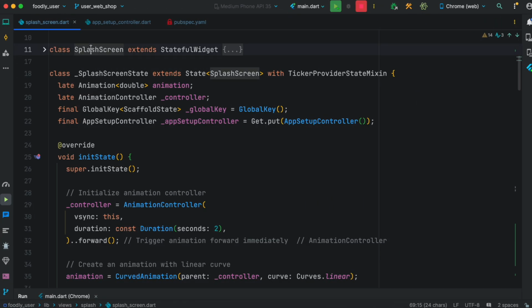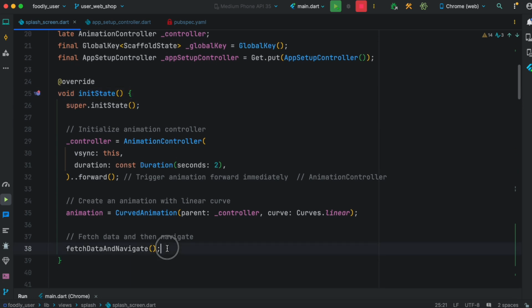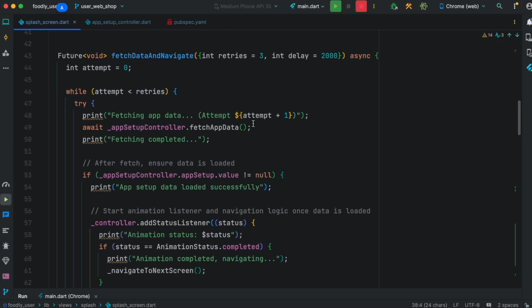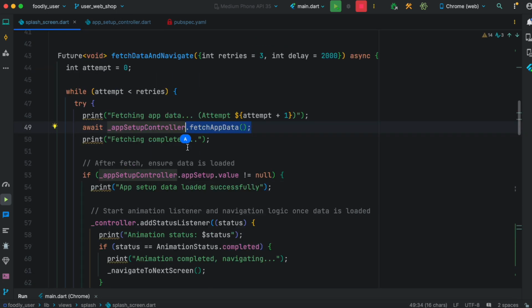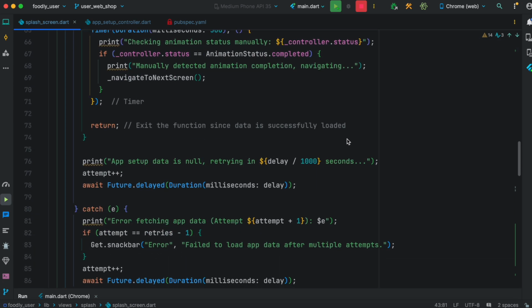So after that, you need to come to the splash screen, and within the splash screen, you need to have this initState method. Within it, we have another method which is called fetchDataAndNavigate. All you need to do within this method is call our fetch app data, which we have defined earlier over here. And with this mechanism, you would be able to retry the connection again and again based on different situations. Now, the whole code over here may look a little bit complicated, but don't worry,